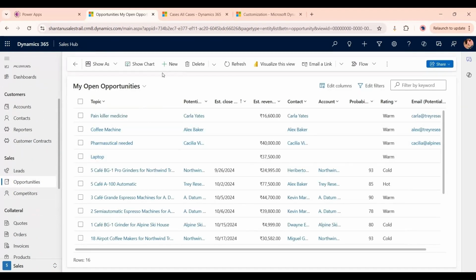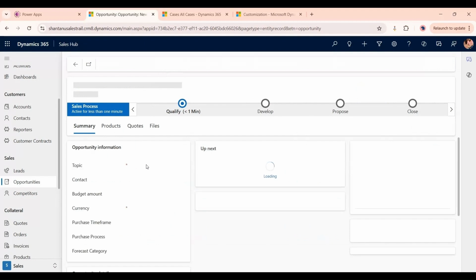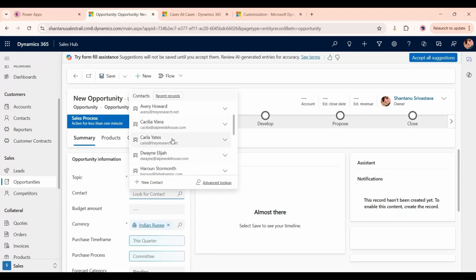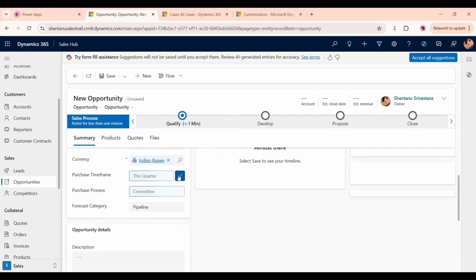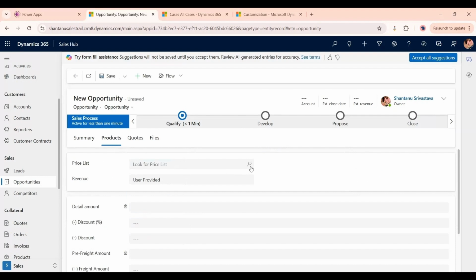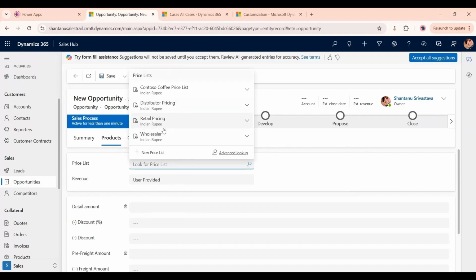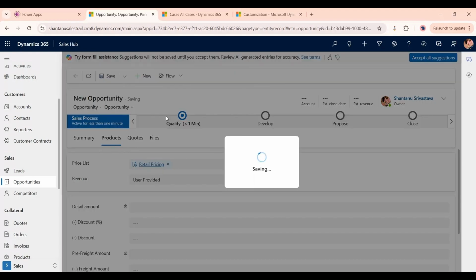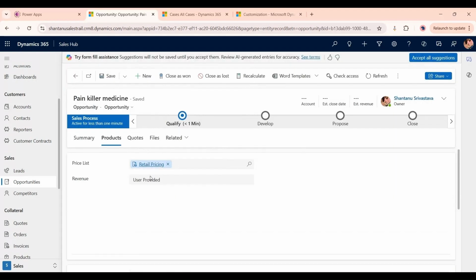And here, if I click on create new opportunity, just like I have painkiller medicine, because I created the new product as painkiller medicine, contact, let us assume Carla Yates, and the budget amount, we could select anything, and the purchase process also. And then product, if I go to the product tab, here we could select from the product list. So let's suppose this customer wants to be a retail customer, so we will provide her with this retail pricing price list. If you select it here and then click on save,